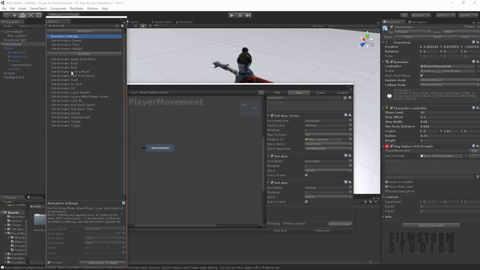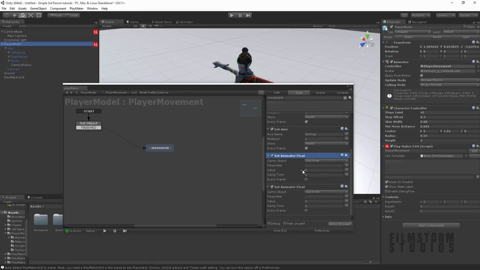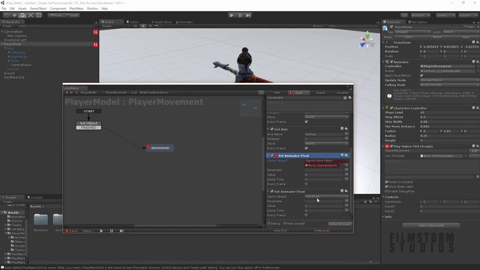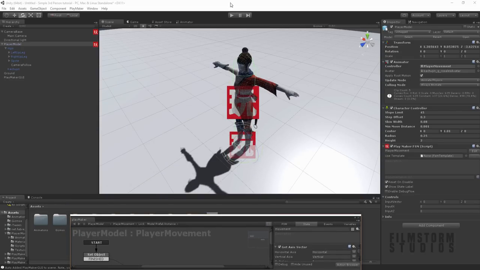And we're going to set animator floats. These animator floats, oh, that's fine, we can keep that out because the animator float is actually on the actual model we're using. We want to set input X to the value of input X every frame, and then set input Z to the value of input Z every frame. So if we give this a quick test, let's see what's going to happen when we press play.